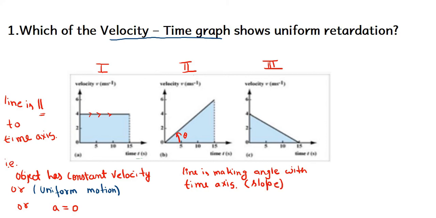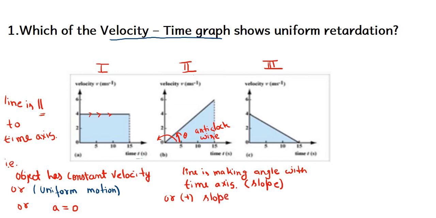Let us observe the direction of this slope. This direction can be read as anti-clockwise. The angle is being made in the anti-clockwise direction. Anti-clockwise direction gives the idea that this slope is positive. When angle is made in anti-clockwise direction, that means slope is positive. If slope is positive, what do we conclude?